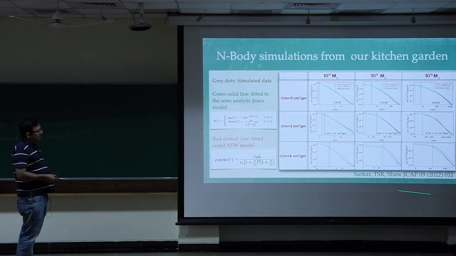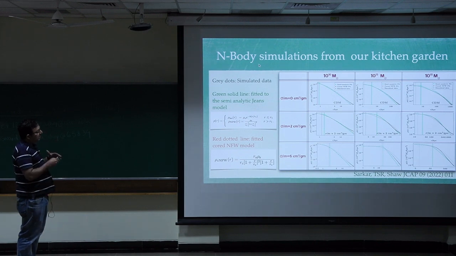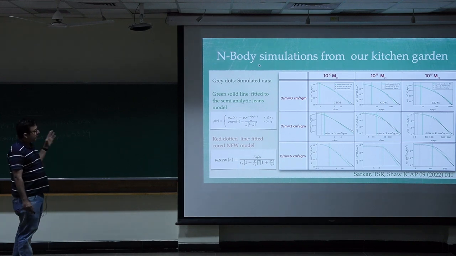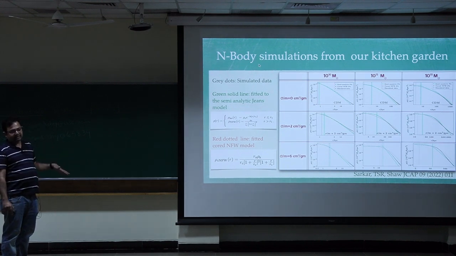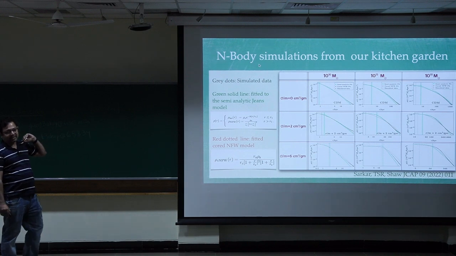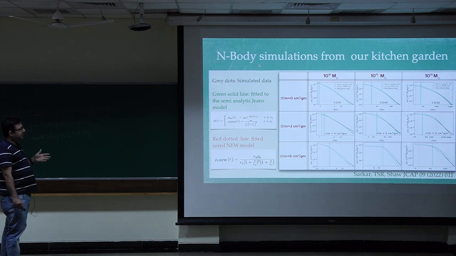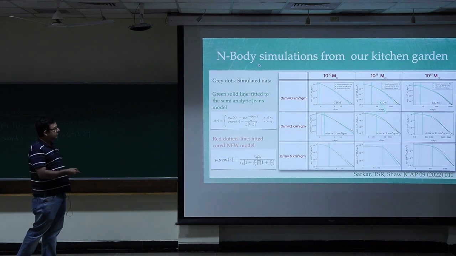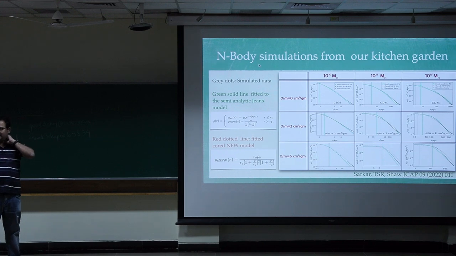So a couple of years back, we tried to do that. We did some isolated halo simulations, around 50 n-body simulations of isolated halos, where the halos ranged from low surface brightness galaxies to clusters of galaxies, and we also ranged the self-interaction from 0 to I think 10 centimeters square per gram, and we tried to see these core formations, and we extracted the core radii from these